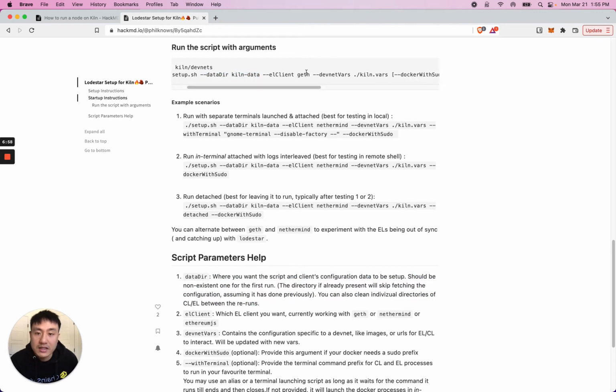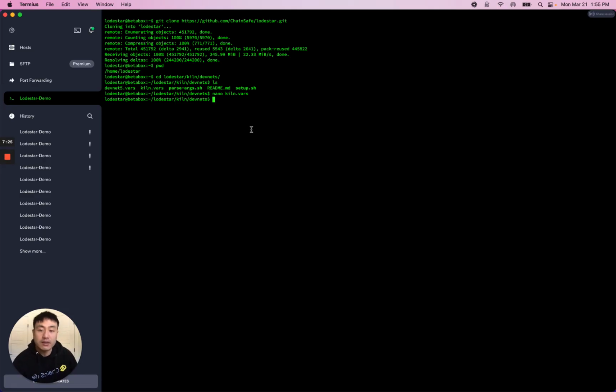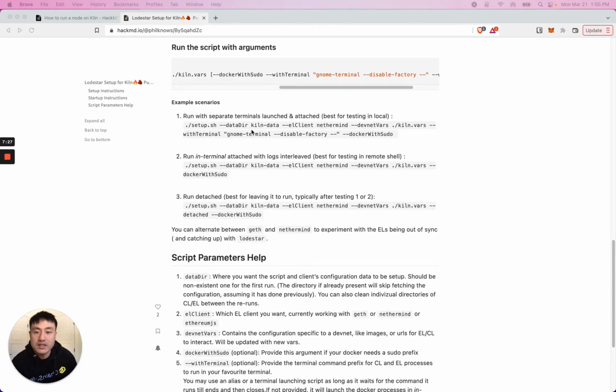The EL client is basically whatever you feel like running, whether that's Geth, Ethereum JS, or Nethermind. So you would just use that. It's stated down here. DevNet variables, we've already defined that. So that is already in the kiln.vars file. And then depending on how you actually want to run it, whether you're running it locally or on a remote server like me here, you'll probably want to do it